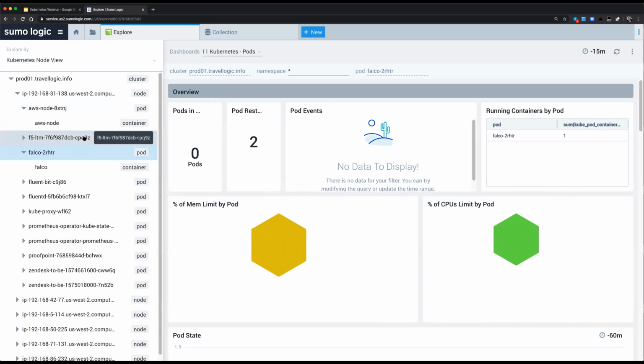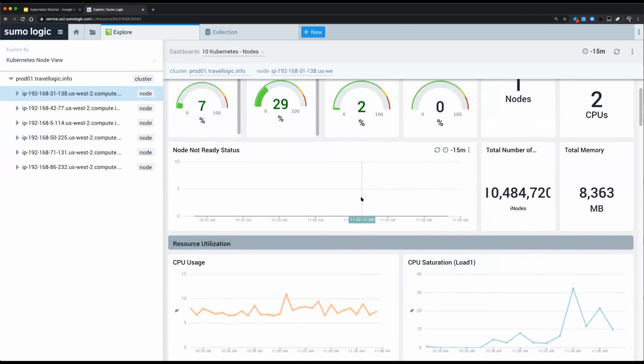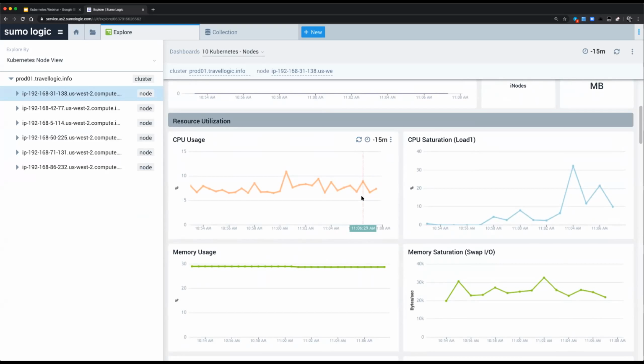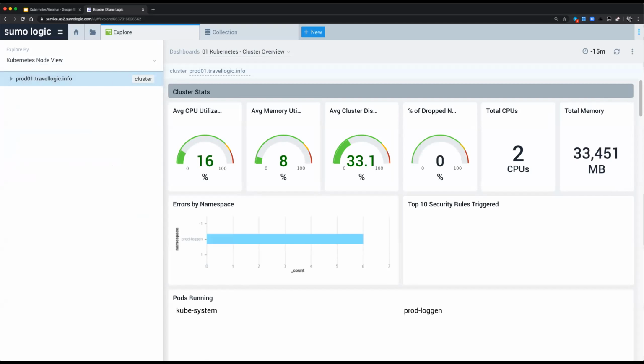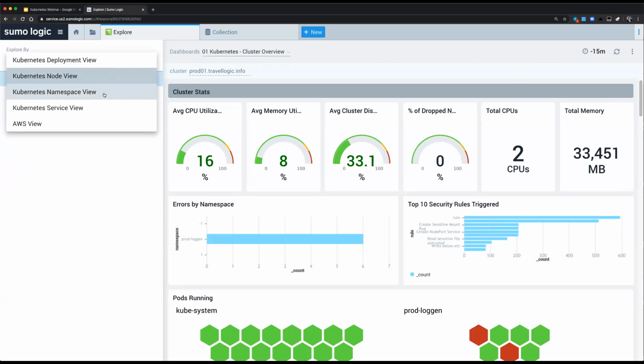We have pre-built content for every single level of your cluster. So going back up to the node level, you can see that we're presented with metric and log data that is specific to an infrastructure approach to monitoring. This is nice because the things that I care about at a node level are likely different from the things that I care about at a cluster level. So pivoting back up to our cluster view, I'm going to be taken to our cluster overview dashboard. And I'm going to change over to our namespace view because that is the one that is most often